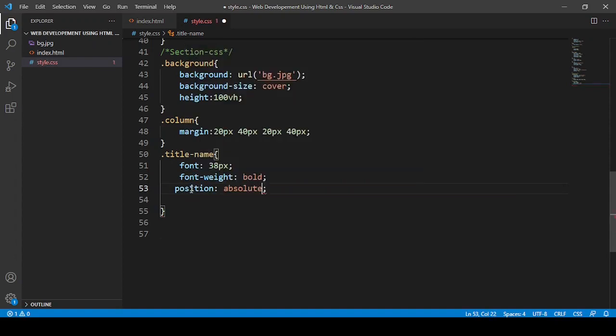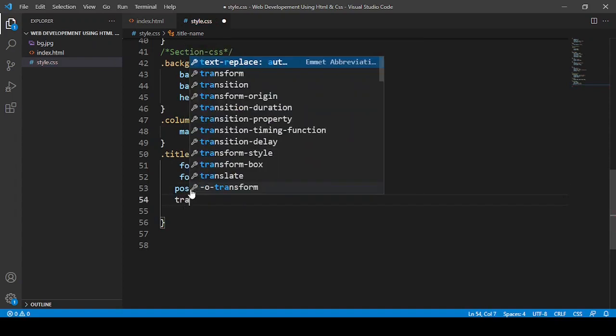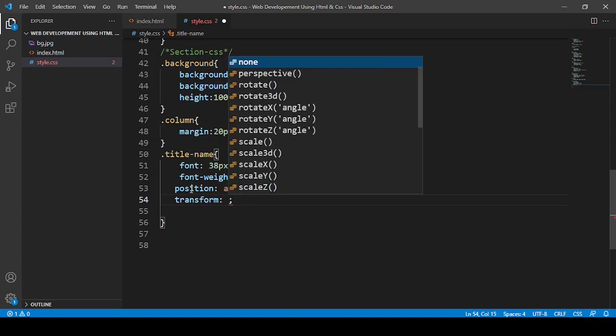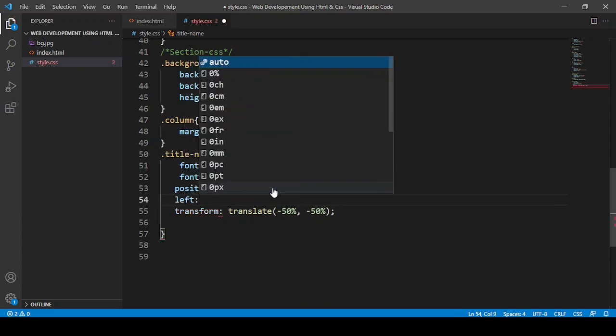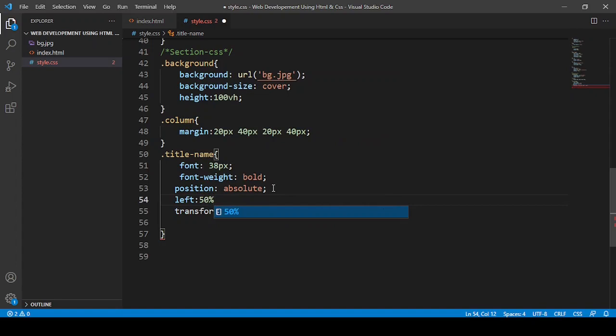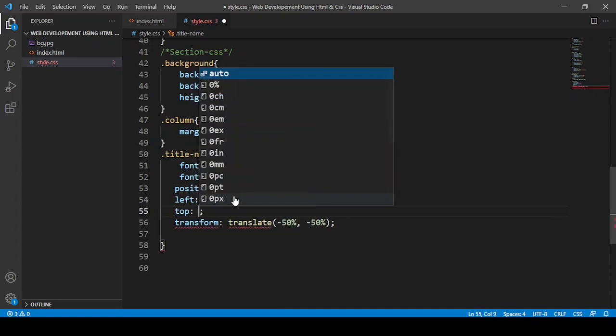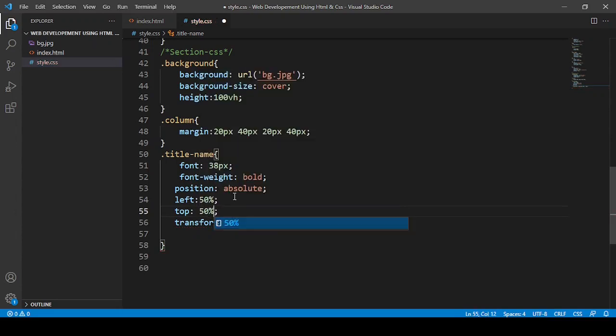First of all I'm going to give it position only, and then I'm going to say transform translate minus 50%, minus 50%, and from the left 50%, and from the top 50%.